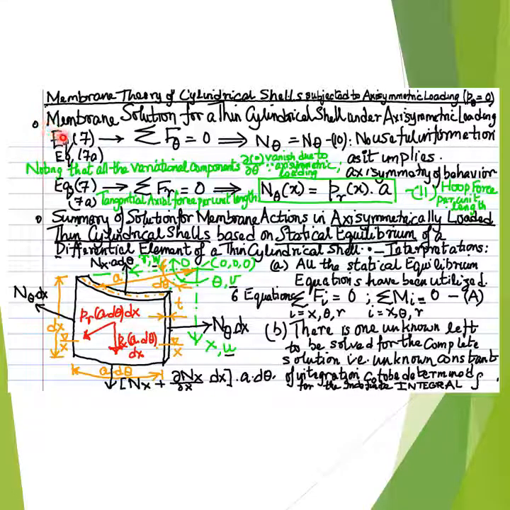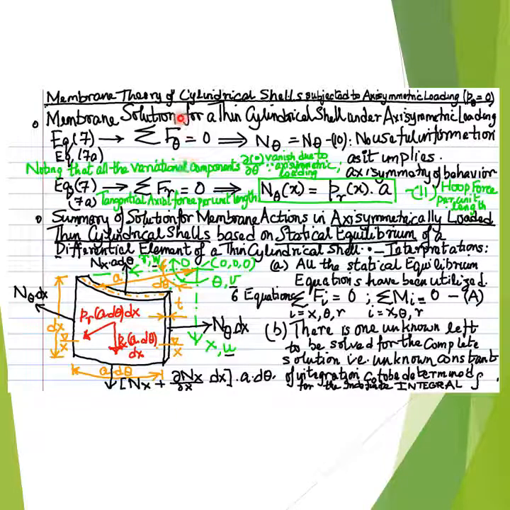Proceeding, or continuing, with the membrane solution for the thin cylindrical shell subjected to axisymmetric loading, based on the assumption of thin shells as well as axisymmetric loading, and therefore axisymmetry or existence of axisymmetric conditions in the differential thin cylindrical shell element,